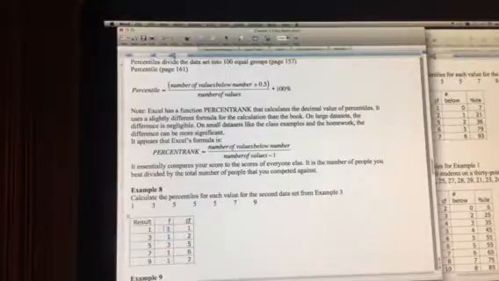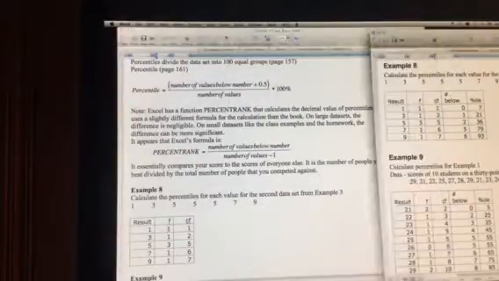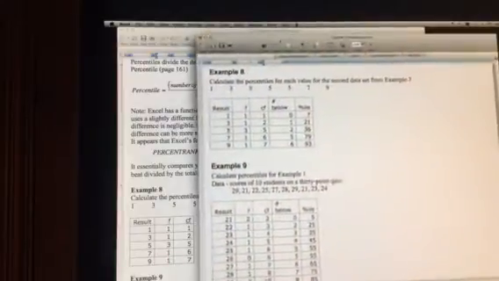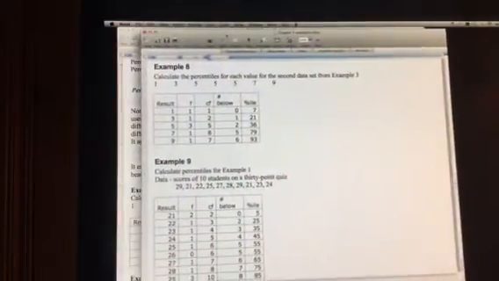Third cumulative frequency, sum of the first 3 classes' frequencies. Fourth, sum of the first 4. Last one, sum of all of them. With that in mind, to calculate the percentile, we're going to use this formula: number of values below plus 0.5, divided by number of values, times 100%. So if we look at the answer document now,